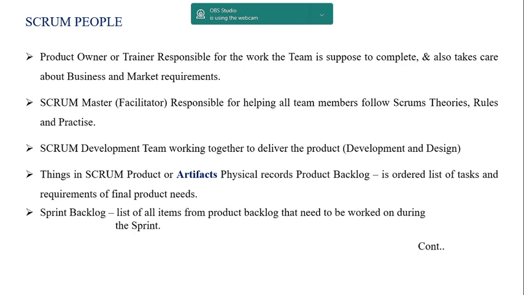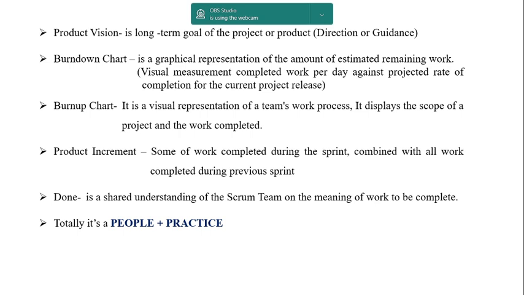I said already, a sprint is a plan for 15 days, say 2 weeks: what we are going to achieve in 2 weeks, and what we are achieving day by day. Every day we are looking into it by applying stand-up meetings. Product vision is a long-term goal of the project or product, the directions and guidance which we are receiving